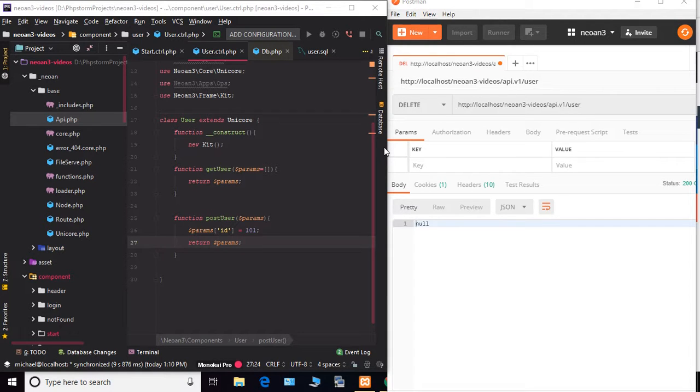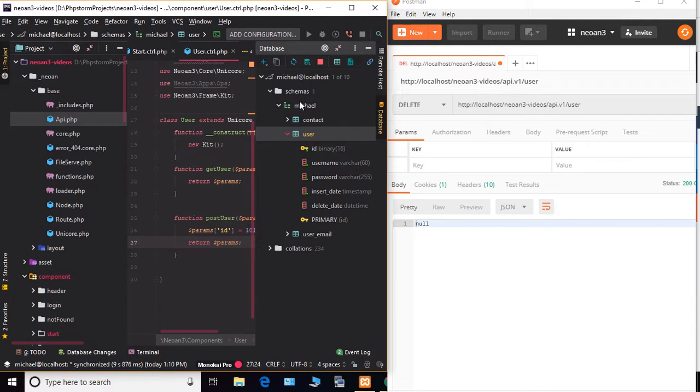All right. So we left off the last time with basically defining the API routes, and now the big question is, okay, so there are two things unaddressed. One is authentication, and the other one is working with a database. So I have created a very simple database here. It takes an ID that's a binary 16. It takes a